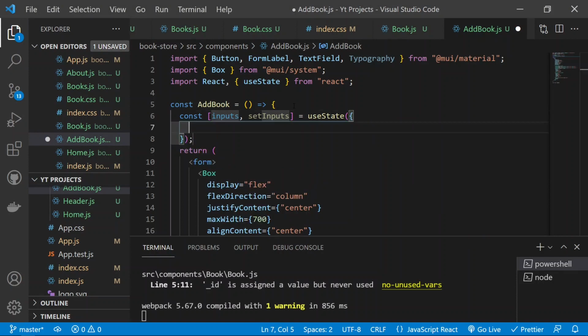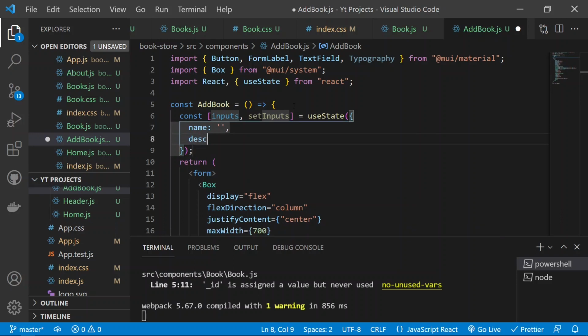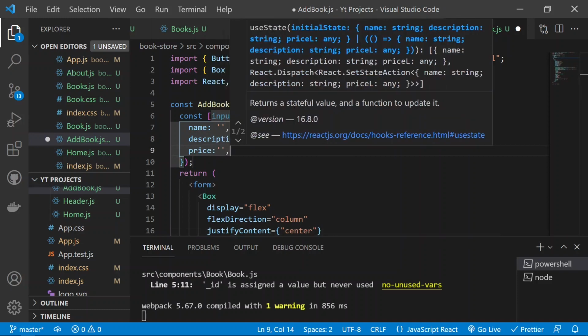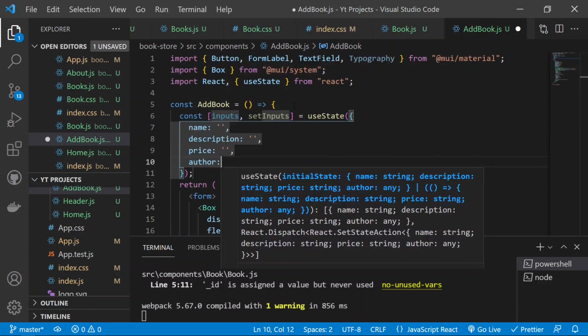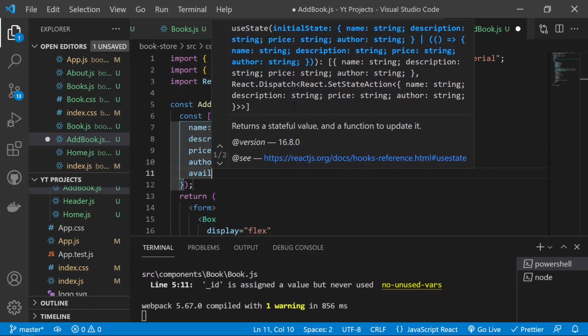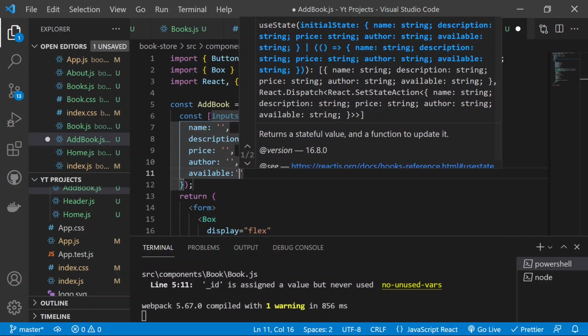The initial value will be an object which will contain a name property as an empty string, a description as an empty string again, the price again an empty string, and then the author, which will also be an empty string, and then available, which will also be an empty field, and it will contain